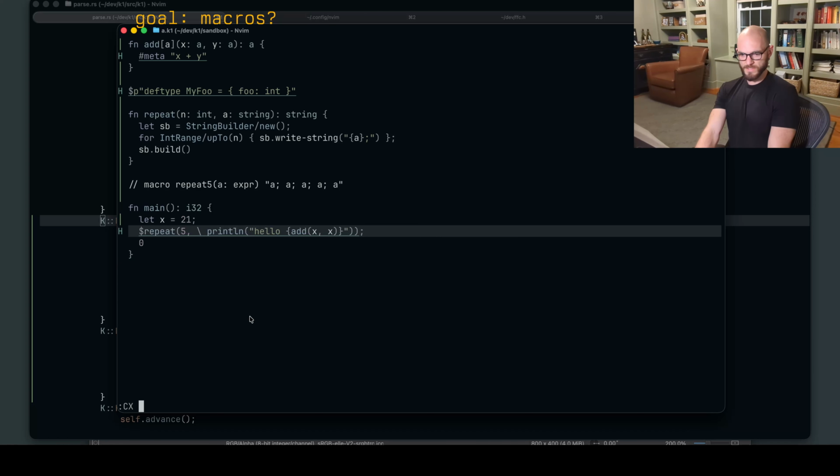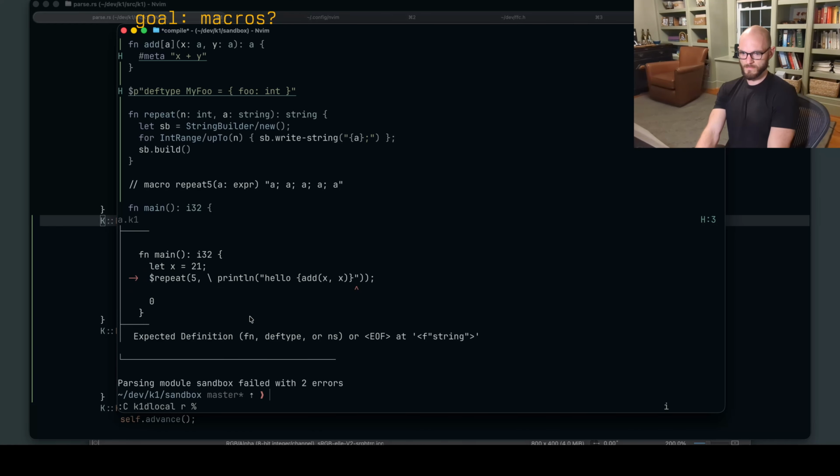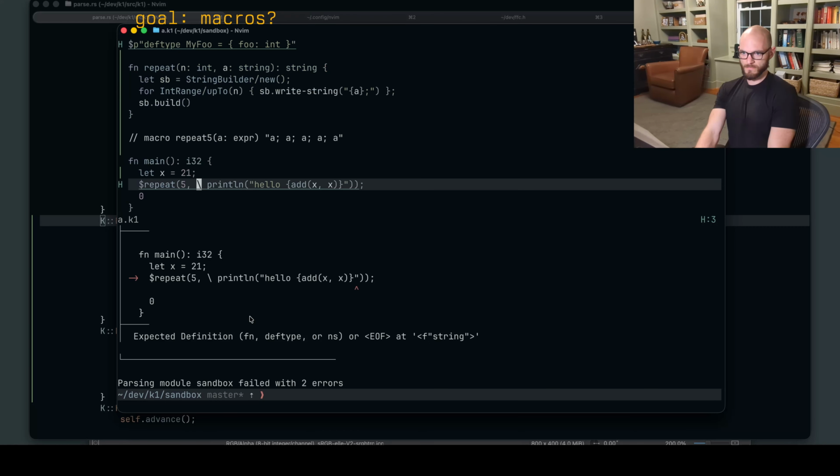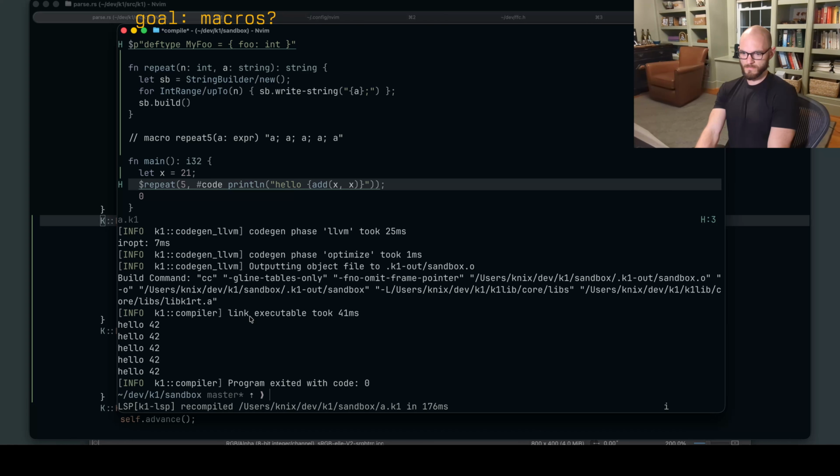I think what I want to do is see K1 local, K1D local R %. Works with code.